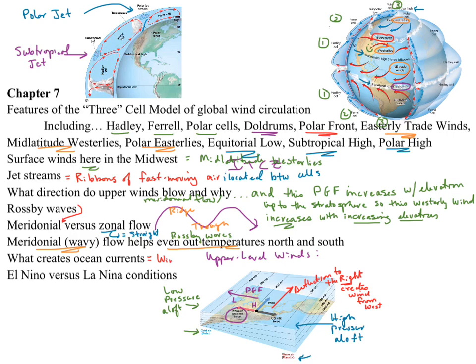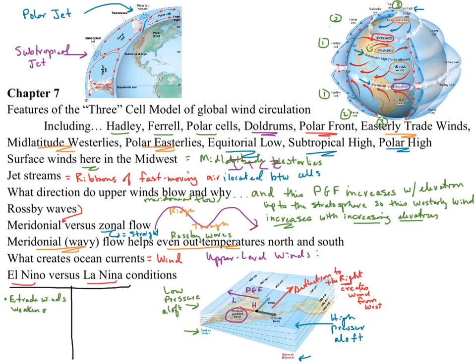What creates ocean currents? Wind, quite frankly. So if we have these prevailing wind patterns, wind circular patterns around the semi-permanent highs and the semi-permanent lows, that's what creates our ocean currents. So the last one, El Nino versus La Nina,